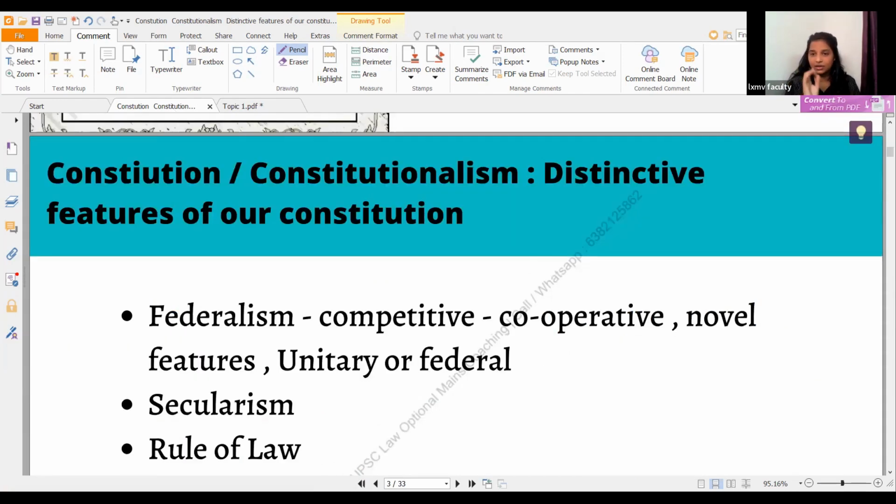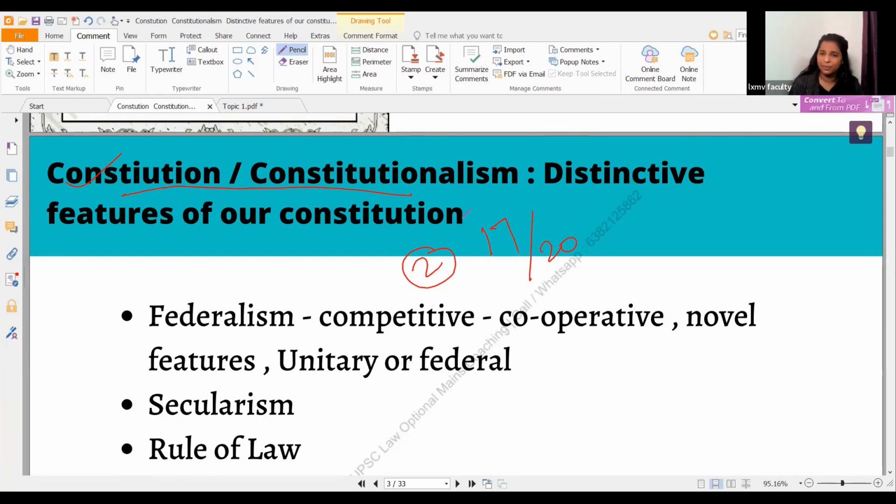If you see the topic of constitution, constitutionalism, the first topic under constitutional law, this topic has been asked 17 times in the past 20 years. Sometimes even 2 questions have been asked from this topic. You see how important this is? So if you're reading and listening to this lecture, 15 marks, or at least 10 marks, is confirmed for you, okay, in the coming weeks.